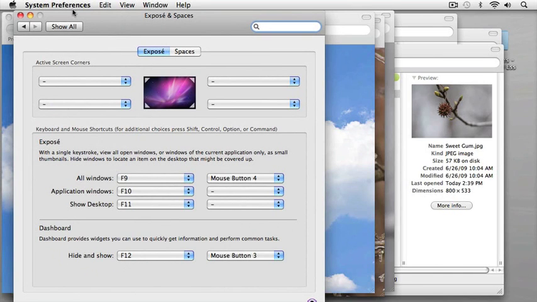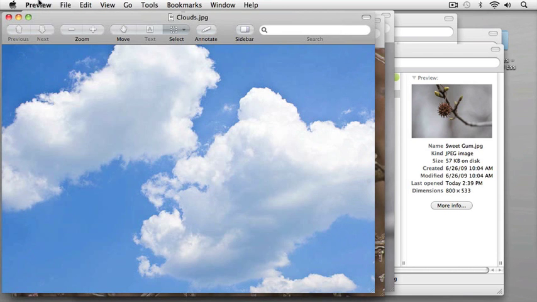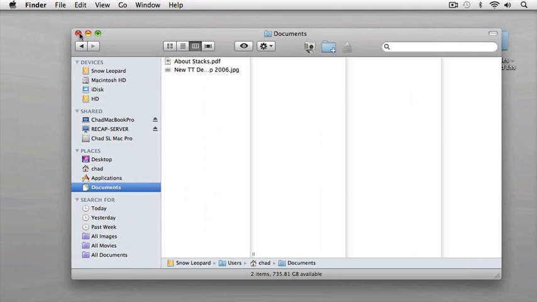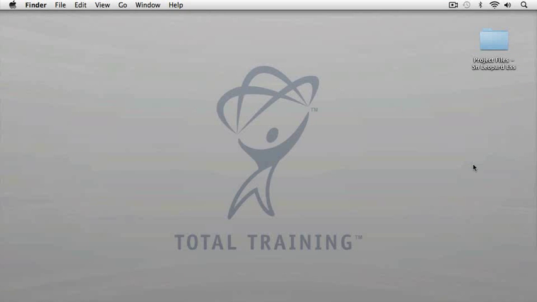So I'm going to go ahead and quit System Preferences, and then I can quit Preview and close any open Finder windows. And you can utilize Expose in a variety of ways, but either way you use it, you can really make yourself much more efficient as you're working on your computer by being able to find the windows when you